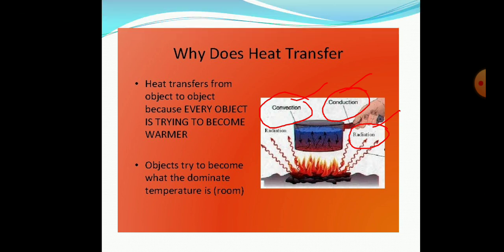So I think now you will get your answer that why does the heat transfer, because every body tries to become warmer, and this is the nature of energy, that any kind of energy is always transferring from one place to another place, or from where the energy is more, it is always trying to transfer toward the less energy side. So in that case also you can see this object which is now receiving.